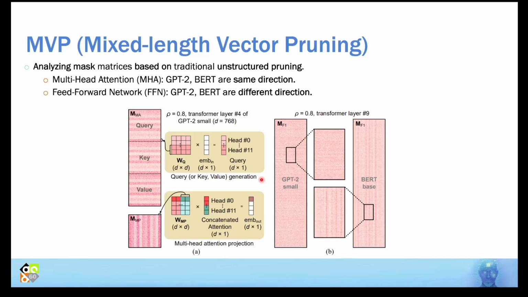Since the operation of the transformer itself is based on heads in the multi-head attention side, it can be seen that it has a stride pattern based on Q, K, and V heads. As the value becomes darker, it means that the corresponding area is preserved. And as the value becomes lighter, it means that the corresponding area is pruned. Also, although it is not perfect at the head level, it can be interpreted that there exist some heads